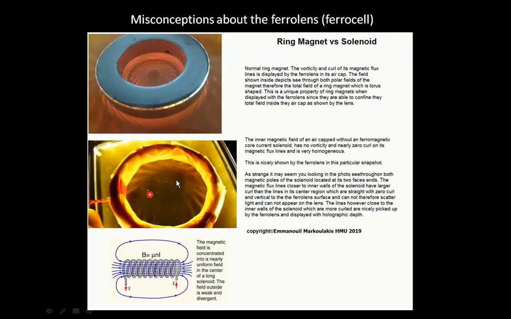So you can see through the whole length inside the coil, and actually with holographic depth, which is astonishing. So you see here the lines are going straight in, as predicted also by theory. So now we definitely know